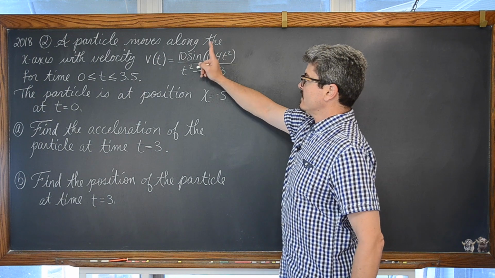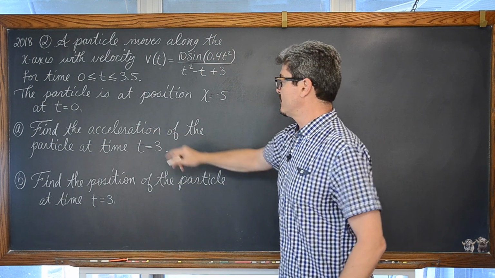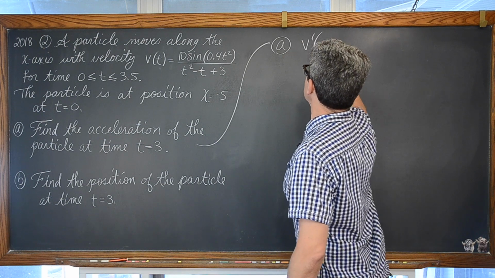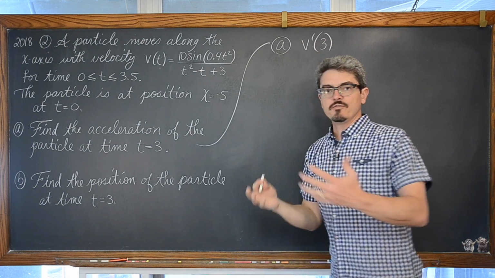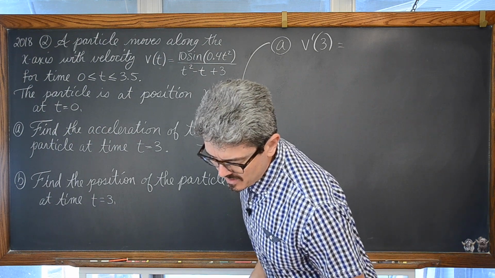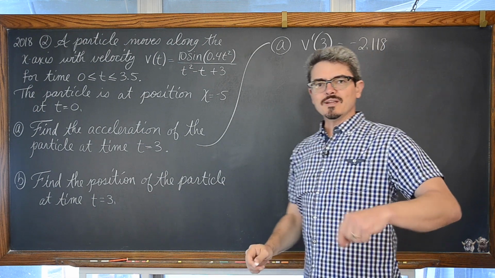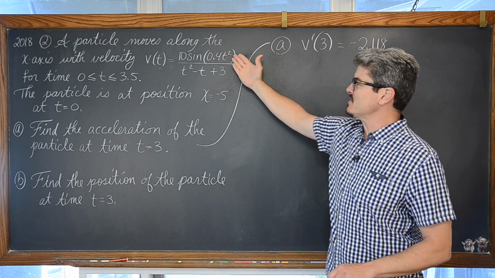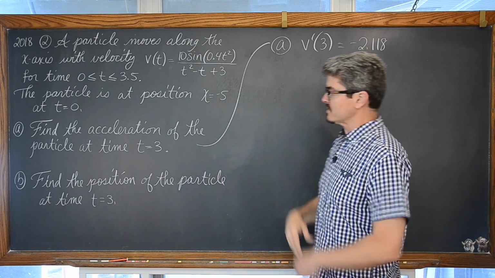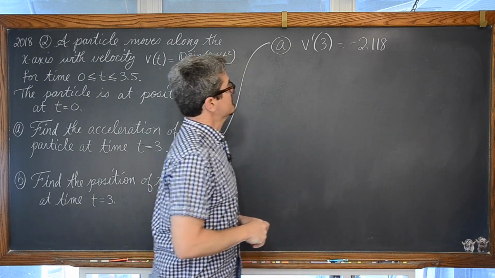Since we're given a velocity function, we just really need to see what v prime of 3 is for the acceleration. And it is safest for you to simply write v prime of 3 is equal to, and that answer comes out to be negative 2.118. Don't forget, this is a calculator-based question. Do not try and take the derivative of the velocity function using the quotient rule and some kind of craziness, because you're going to need a calculator anyway. The answer is a decimal.